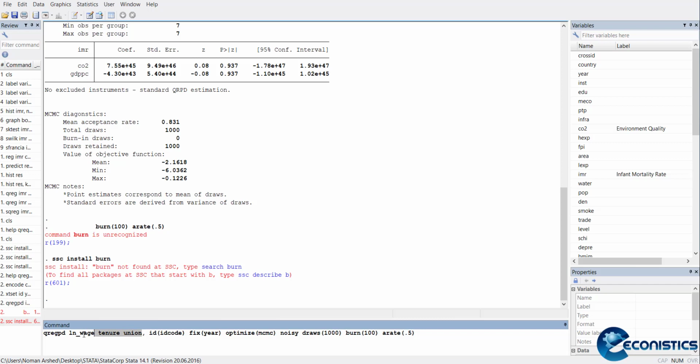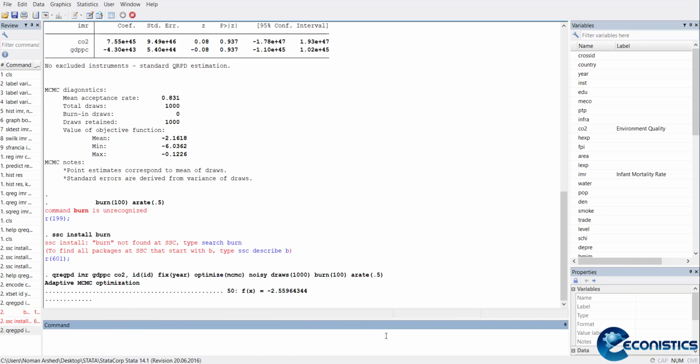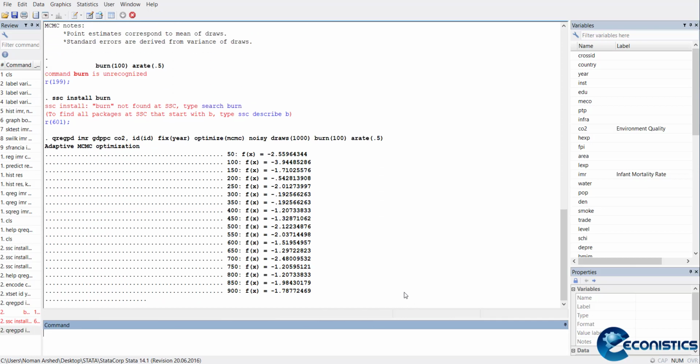That's why it was not working. So now come back. Now we'll do it IMR, GDP per capita, CO2. The dependent variable should be first, and now if you run it again, it's working now.